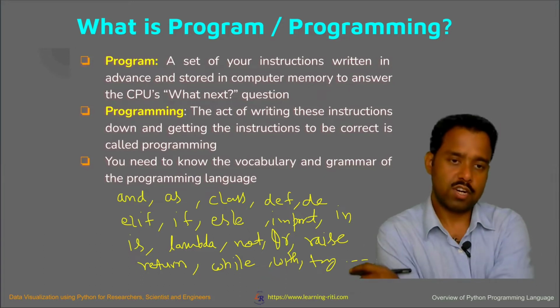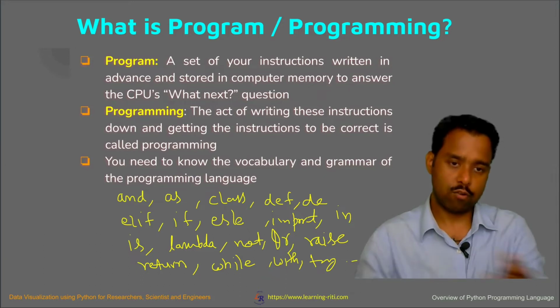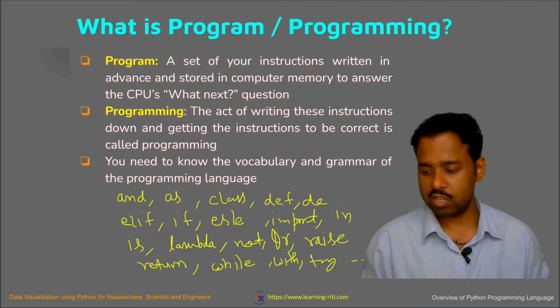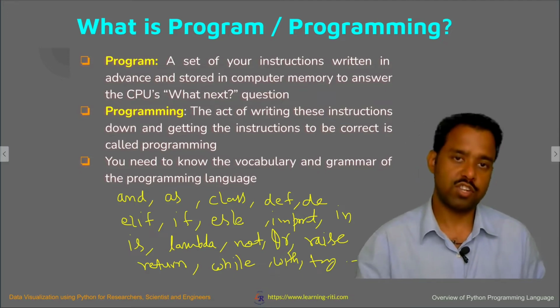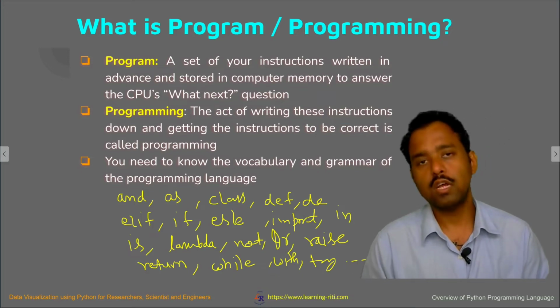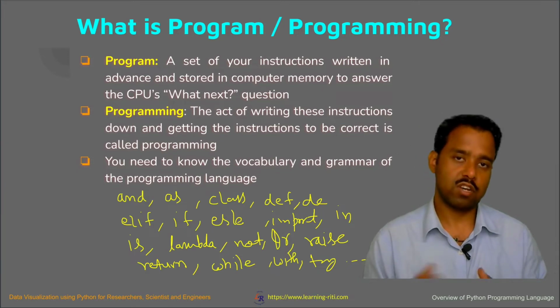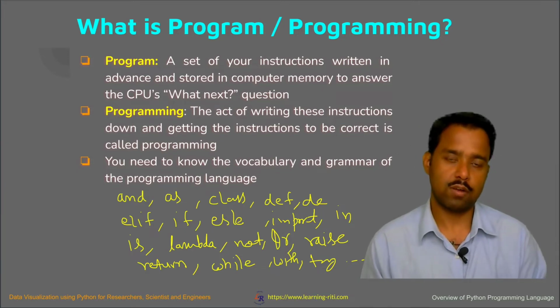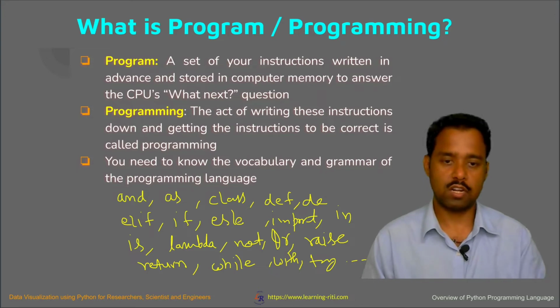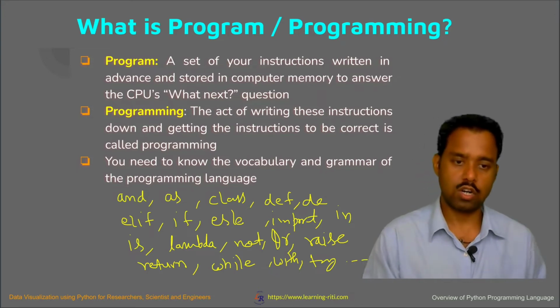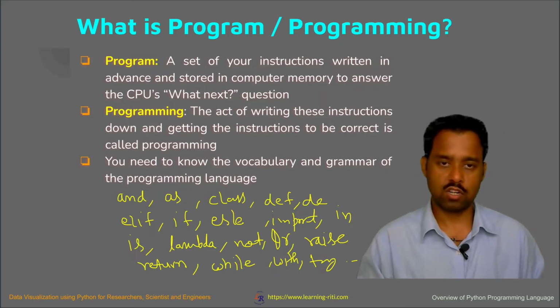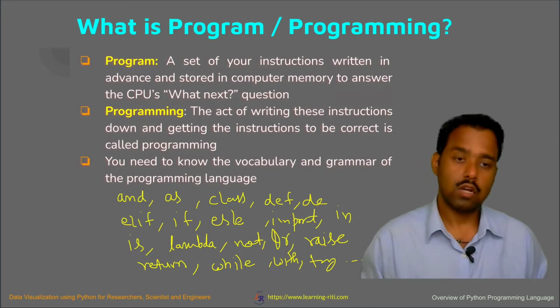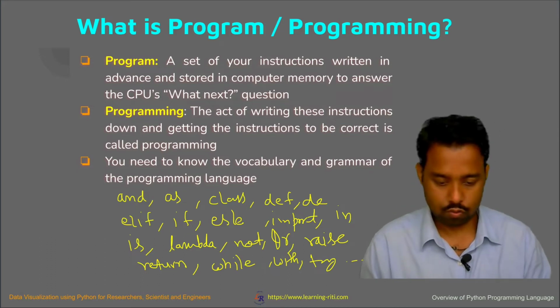So there are many actually, but these are some words we are immediately going to use in our upcoming study, this data visualization part, and you will encounter these reserved words, and you will see that if you use one as a variable, you will get a syntax error, because these are reserved for the Python language, communicating between the human and Python, and you should not use them for other places, because then it will not understand. It will be confused about what is being asked and what we are going to say.